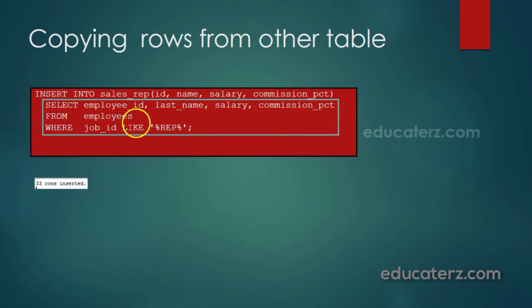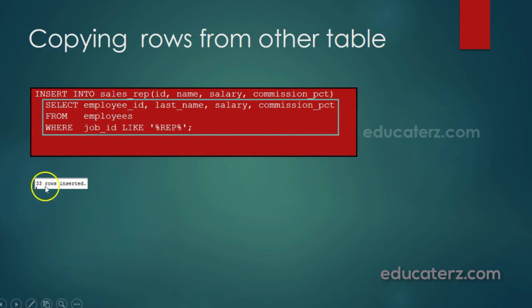Insert into sales_rep, that is the name of the table where we are going to insert, and I also put the column names: ID, name, salary, commission percentage. Then select employee ID, last name, salary, commission percentage from employees where job ID like representatives. So all the representatives will be retrieved from the select query and inserted into the sales_rep table.